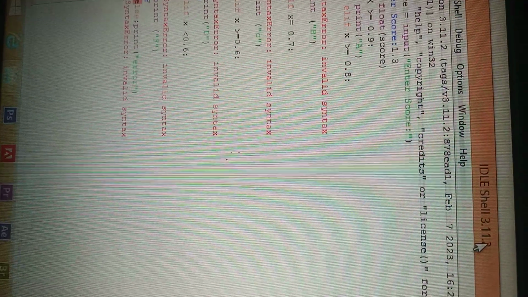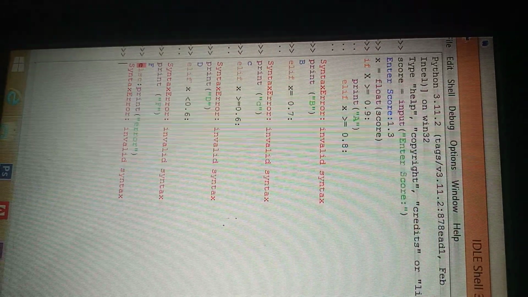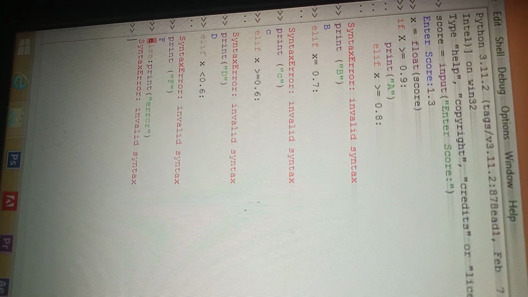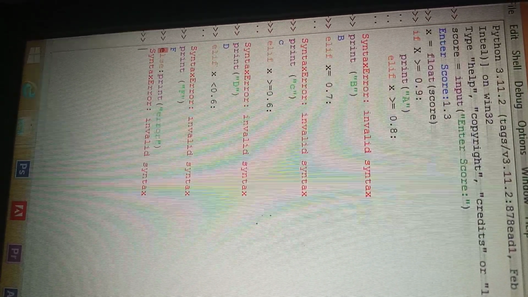Now, madam, this is question 4, which says write a program to prompt a score between 0.0 and 1.0, and if the score is out of the range, print an error message. If the score is between 0.0 and 1.0, print a grade using the following table. Now, as the score is given, this is how I have entered in the marks. This is how I've coded, and so the score is